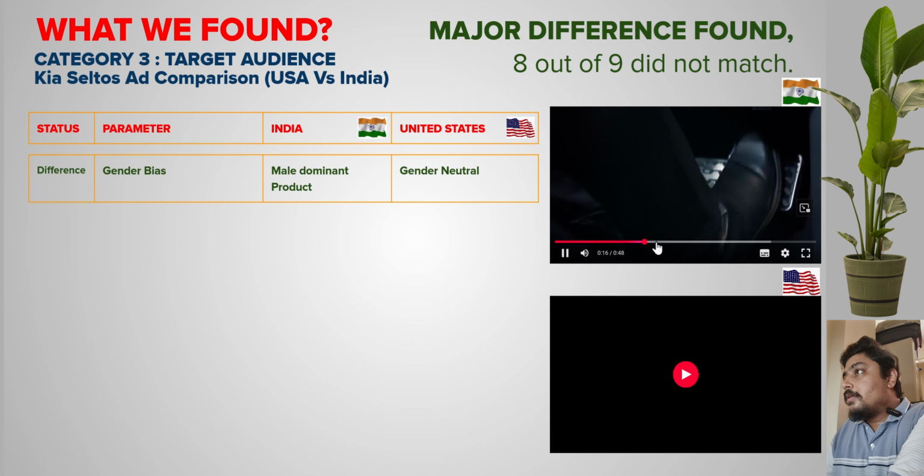It's a male dominant ad. So now the second parameter in the target audience category is the income segment. On the basis of visual cues only, what we found is that in India it is targeting the premium audience, because the